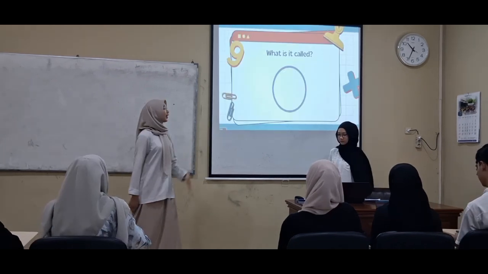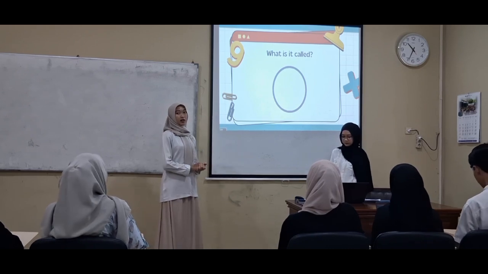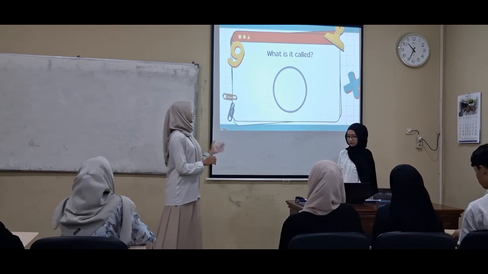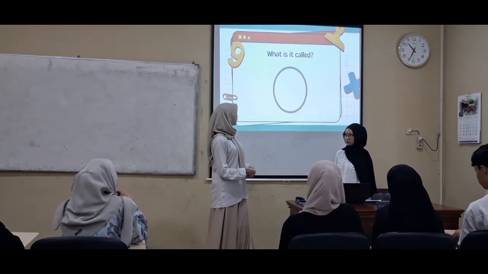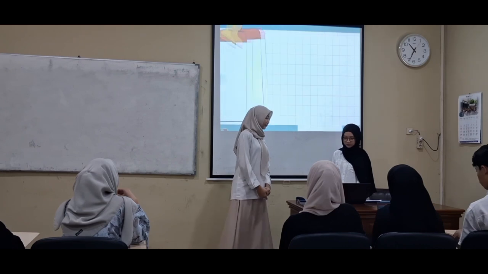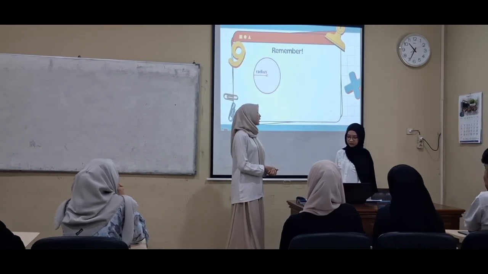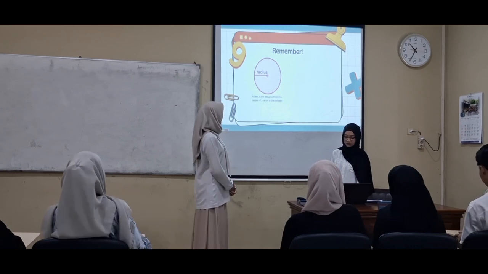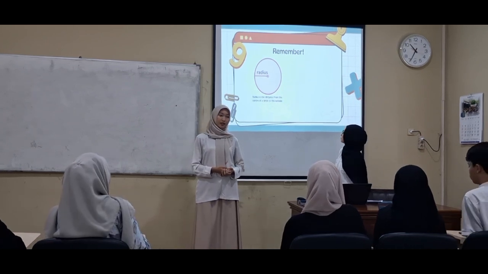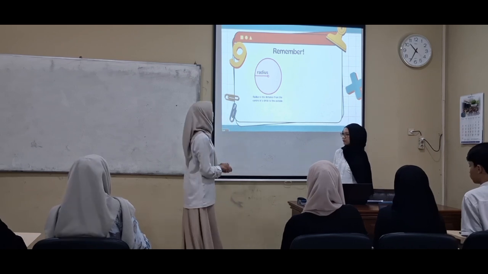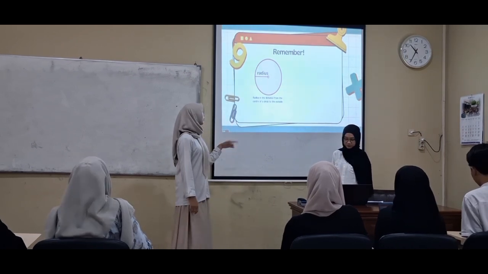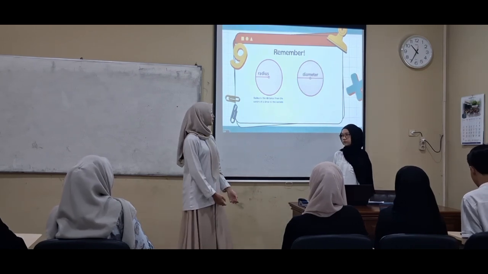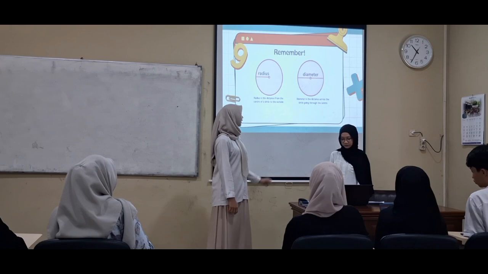Next. Look at that. What is it called? Is it a triangle? Is it a pentagon or a circle? Circle! Yes, that's right, it's a circle. So today we're going to learn about the circle. Remember, a circle has several parts that we need to name. First, radius. What is radius? Does anyone remember what is radius? No? Okay, we will find out together. So radius is the distance from the center of the circle to the outside. And diameter. Diameter is the distance across the circle going through the center.